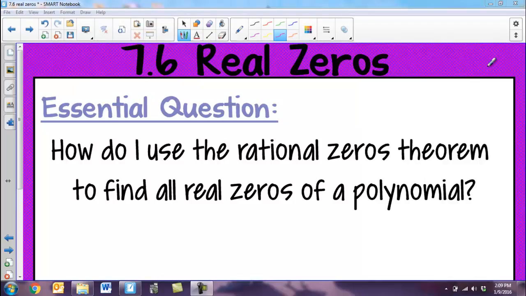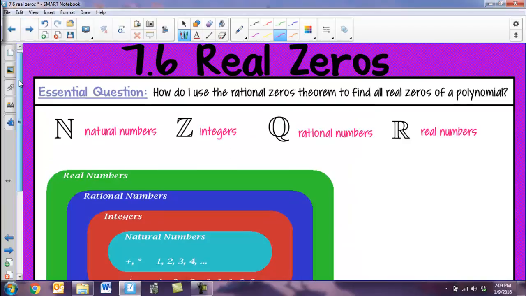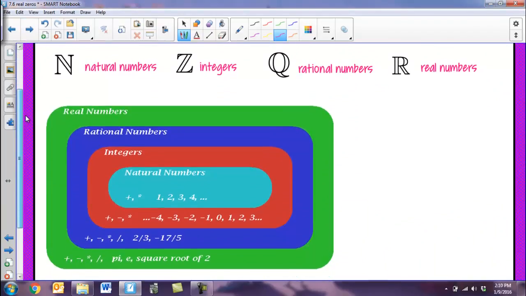Hey guys, today we are going to be finding the real zeros of a polynomial. So we're going to be finding all of the possible real solutions to a polynomial, and we're going to use something called the rational zeros theorem. And so your essential question is, how do I use that rational zeros theorem to find all the real zeros of a polynomial? And before we start talking about that theorem, I want to talk a little bit about the